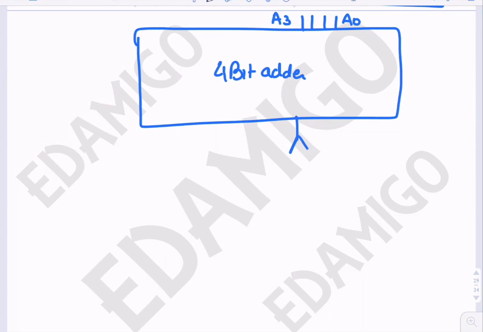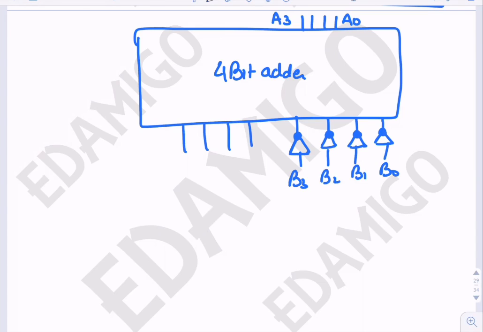Now the input will be connected, since we want to use it as a subtractor, so we will put a NOT gate here. B3, B2, B1, B0. The output sum S3, S2, S1, S0, Cout,